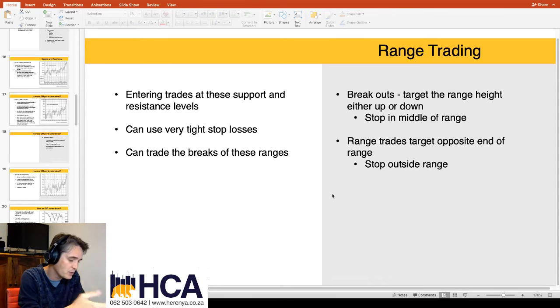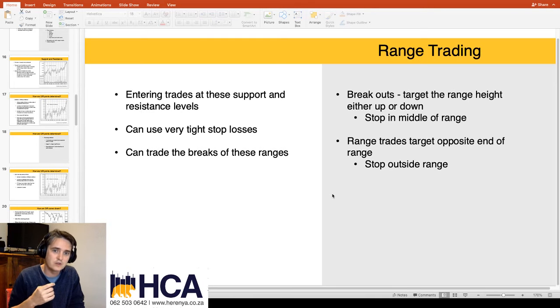High probability entry points, I'm sure many of you are familiar. If not, let me know and I can give you some breakdown on that. But basically you're looking for places where the risk reward ratio is in excess of 1:2 or 1:3 or 1:4. The higher that ratio, the higher the probability setup.